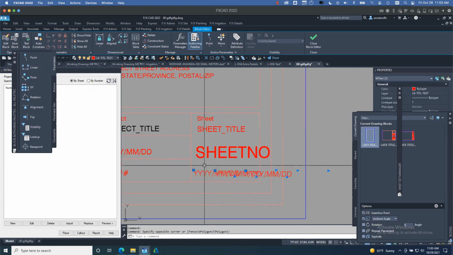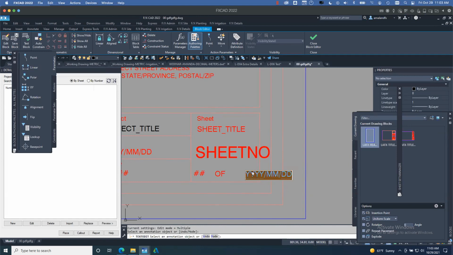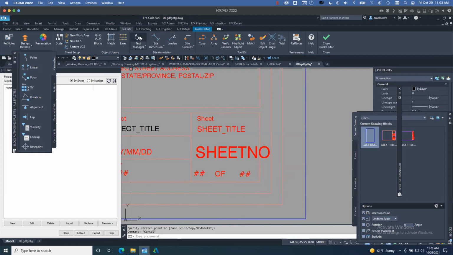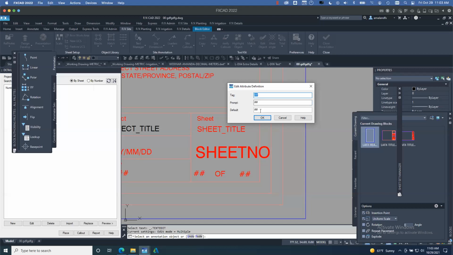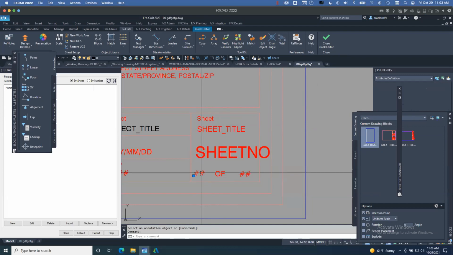I'm going to explode all of these into text instead of mtext, just to make it a little bit easier. I've been toying with whether these should remain as mtext so I can tie them all together, but I still really like the ability of attributes to connect a little bit better. I want to cancel, because the one thing I did find was that once I create the attribute in here,